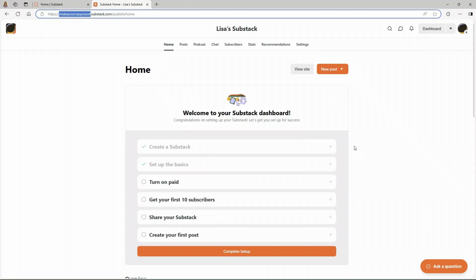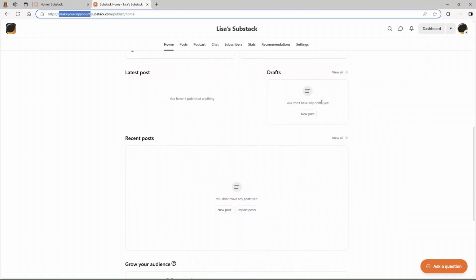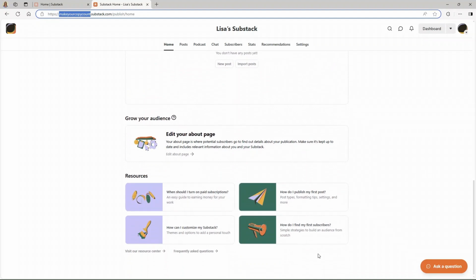But first we want to get our publication looking the way we want it to look. Now you'll see here that you have a dashboard and you have one subscriber. Well, that subscriber is you. You've subscribed to your own publication, and then we haven't added any other subscribers yet, and we haven't published anything, and we don't have any drafts, and we don't have any posts,